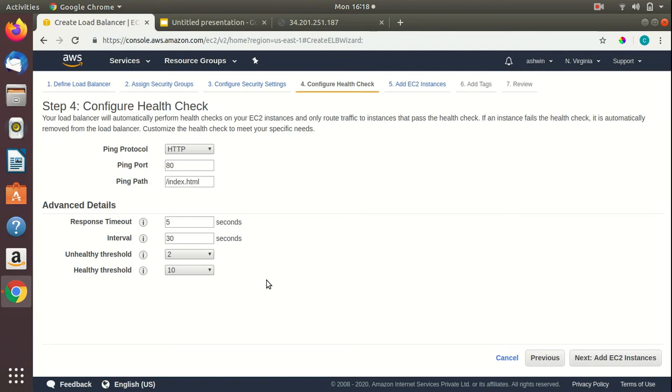So in total it will take 30 multiplied by 10 equals 300 seconds to declare the EC2 instance healthy. The same applies to unhealthy threshold. It is going to check 2 times if the EC2 instance is healthy or not. So 30 multiplied by 2 equals 60 seconds. For the purpose of this demo, I am reducing the healthy threshold number here to 2.